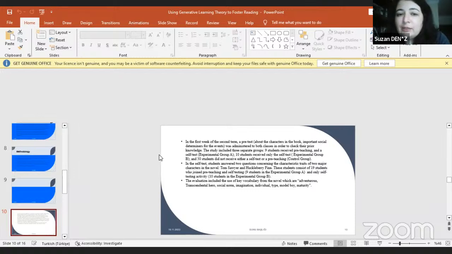The evaluation included the use of key vocabulary from the reading comprehension of the novel, which are adventure, transcendental hero, social norm, imagination, individual type, model boy, and maturity. So these were our keywords that we looked for in their reading comprehension reflection. And I also have to say that derivations of these keywords, adventurous or adventure, going on adventure, these kinds of derivations were also